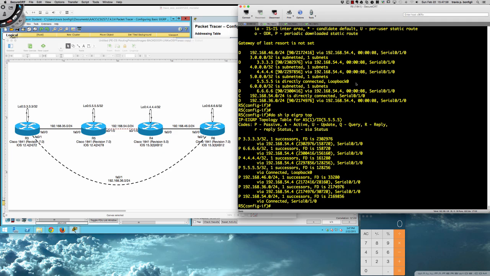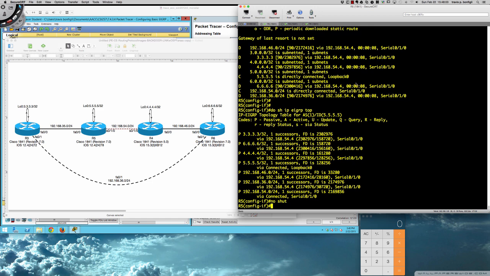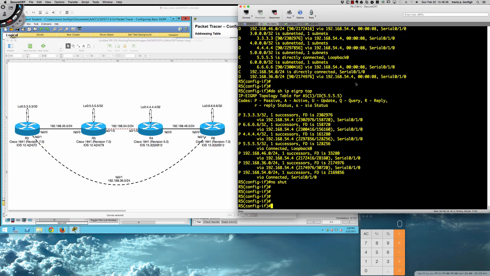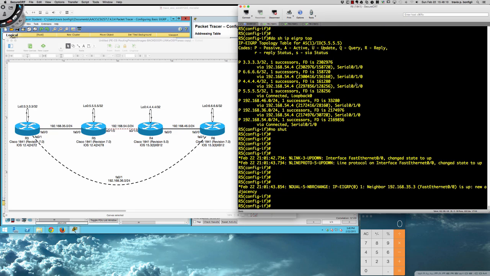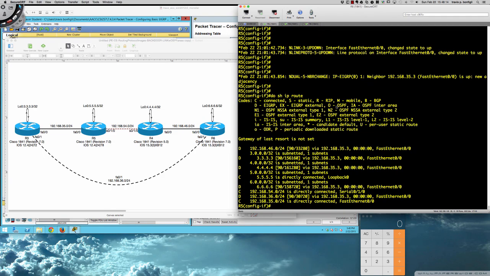And so let's do this. I'm going to say no shut. We're going to bring that interface back up. And as you can see here, the neighbor adjacency comes back up. If I do a do show ip route, what we would expect to see for 6.6.6 is, once again, you can see how quickly that happened. The traffic is now flowing back through router 3, going this way to the left, and then down to 6